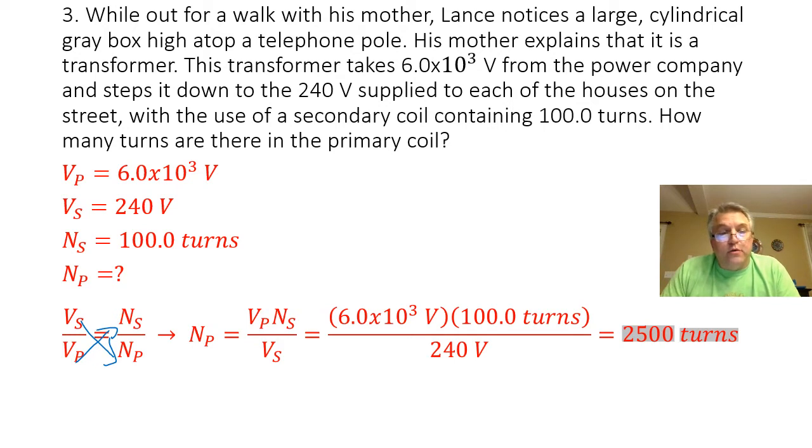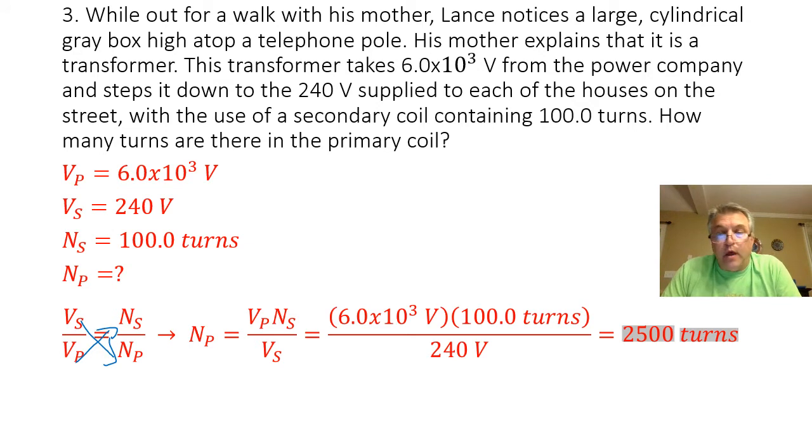So I'm going to cross multiply, and then to solve for the number of turns on the primary coil, I have to divide both sides by the voltage of the secondary coil. When I do that, I'm going to have NP equals VP times NS divided by VS. I plug my known values into that equation, and I'm going to get a value of 2,500 turns on the